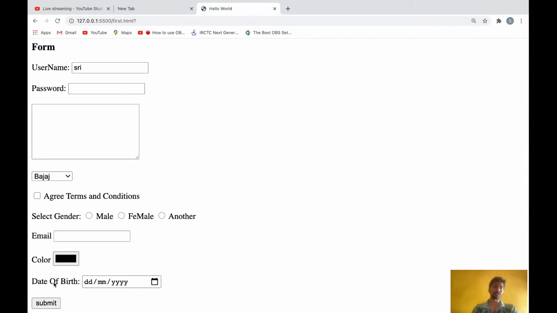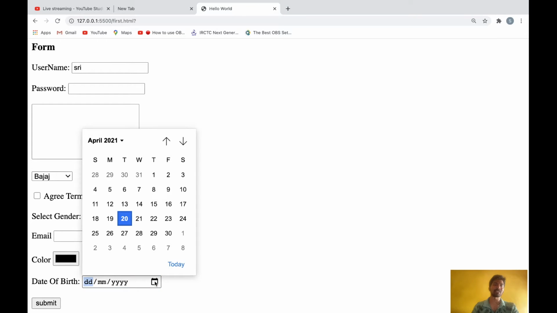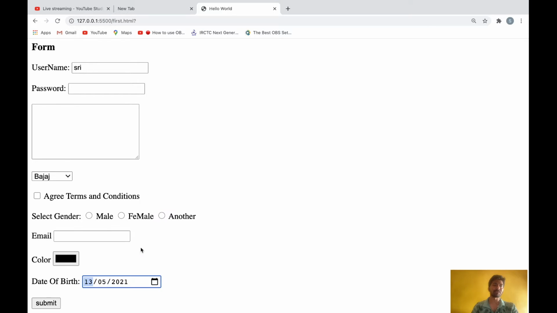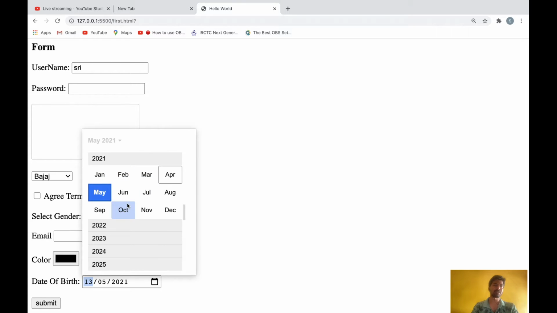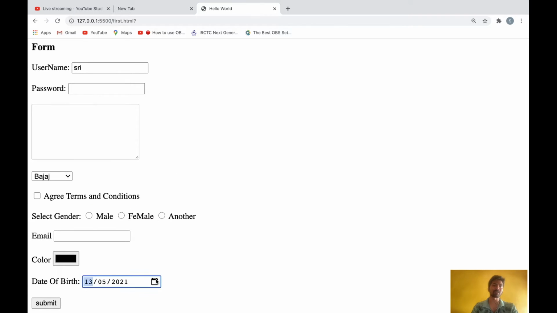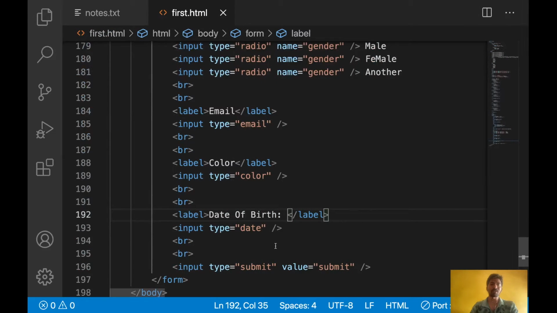I want to show the user to select the date of birth in the registration form. Just click on this one. Here the date picker is coming, right? Whatever date you want, you can choose it here: month, year, all these things will come. So without doing our own stuff, you can use the default date picker.